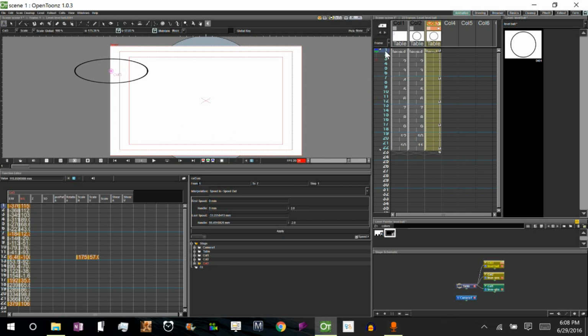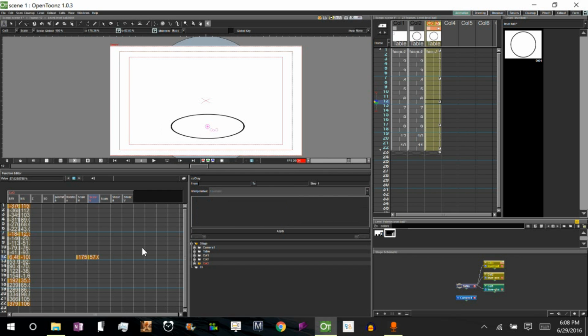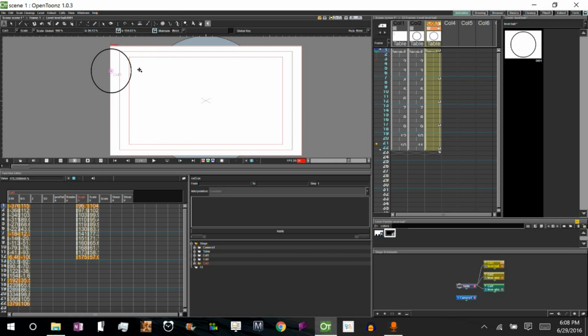Alright, so now you'll notice it's flat the whole time. And that's because if you look here, we created a keyframe here, but there's no other keyframes, so it's just assuming that that's how it's always going to be. Now if we go to frame 1, we can select it in here. These are the same frames as you see listed here. If we select one, and I'm going to hold control and scale it back to a circle, then we will see that it